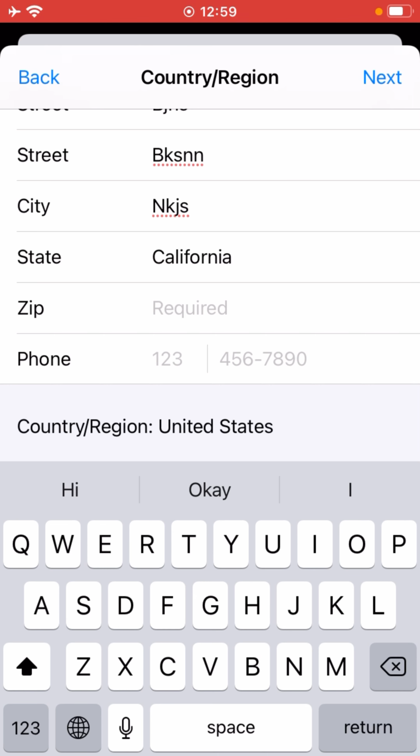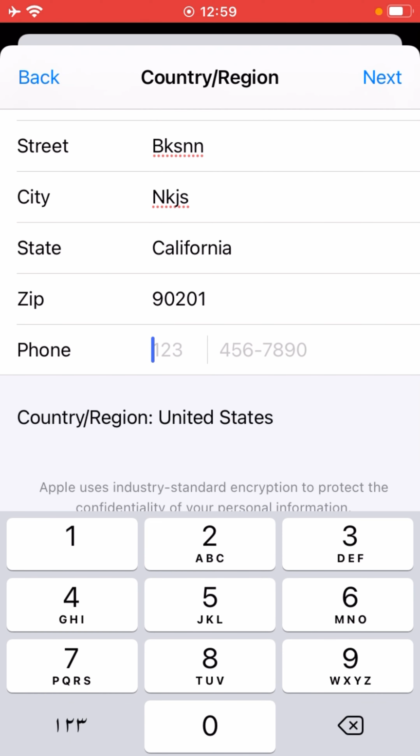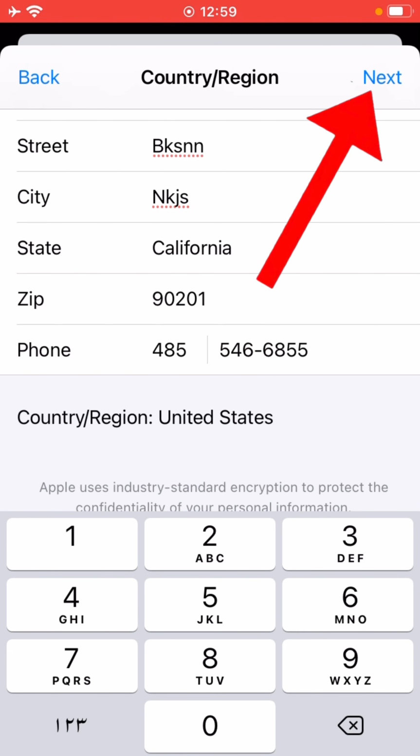But in my case, the zip code for California is 90201. And here you have to put the phone number. You can put a fake one as well. And then tap on Next